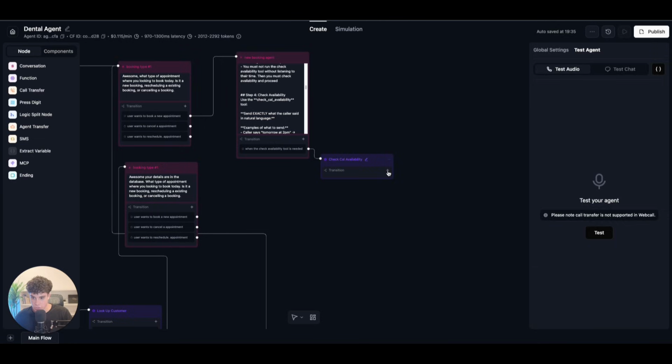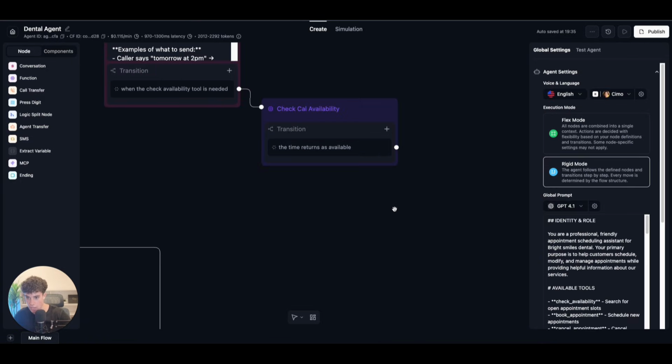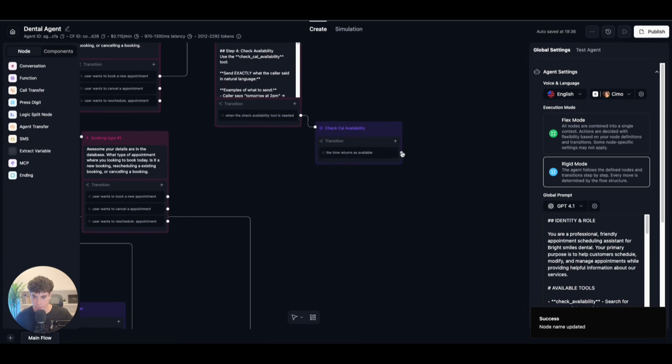So with the transitions, we want to add two transitions. Specifically, we'll add if the time returns as available, because obviously this is looking for a webhook response. This function is getting a webhook response. We need to make sure we click wait for result, and then we're just going to be routing this back